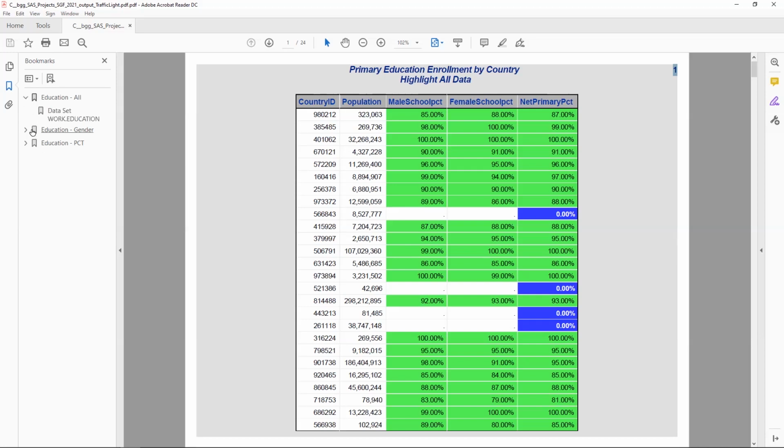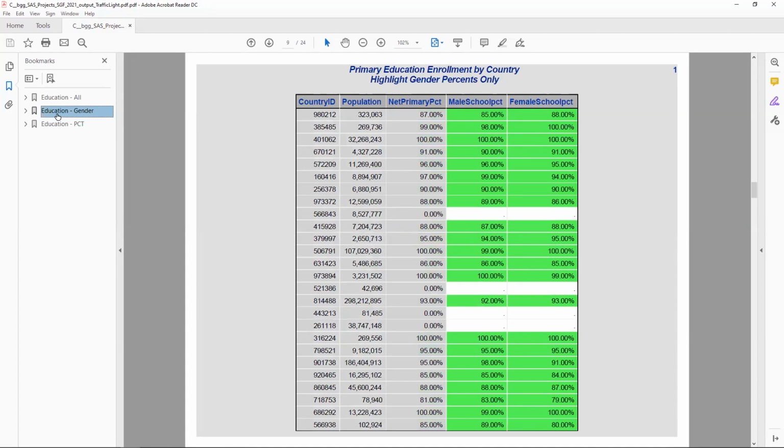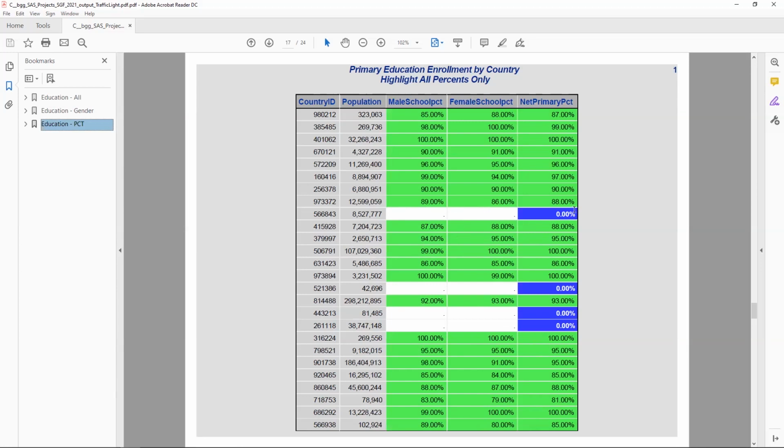I could have set it so that it actually presented when I opened the file to a lower level, but I liked having it just at the higher level. And then I can click on these and actually go to the top of that next report. So here I'm going to say, go to the next report. And here is the version where I just highlighted the school percentages, starting again at page number 1. And then finally, here is the version where I have all the percentages highlighted, and again, starting at page 1. And these were those proc labels that came out in the table of contents.